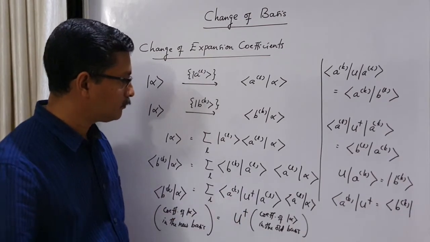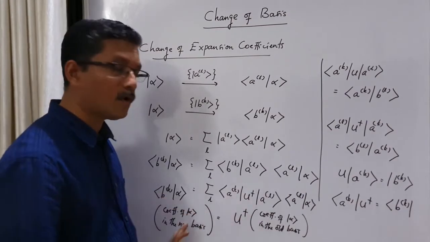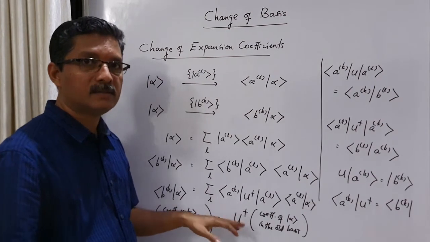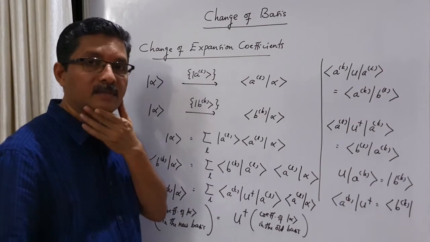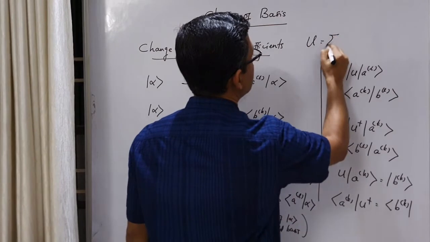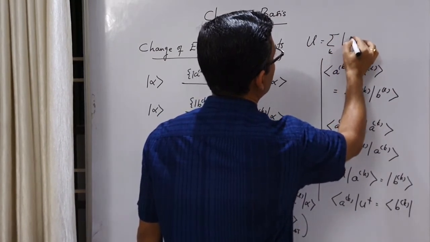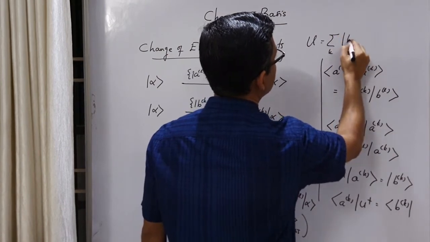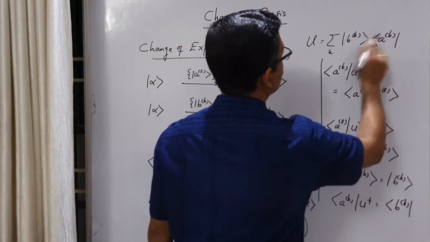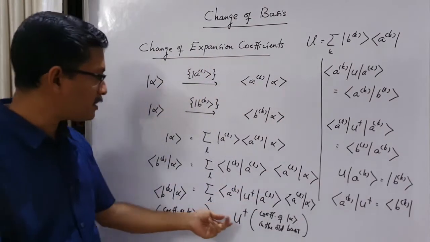So that is the relationship between the coefficients in the old basis and the coefficients in the new basis, where this U dagger is the Hermitian adjoint of the unitary matrix that produces the change of basis. We know that the matrix producing the change of basis is a sum over K. The structure is, the ket side gives the new basis, that is BK, and the bra vector is the old basis AK. So this gives the transformation from the old basis AK to the BK, whereas the coefficients are connected by U dagger.